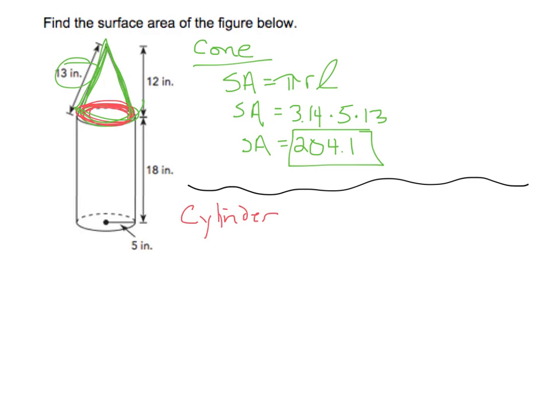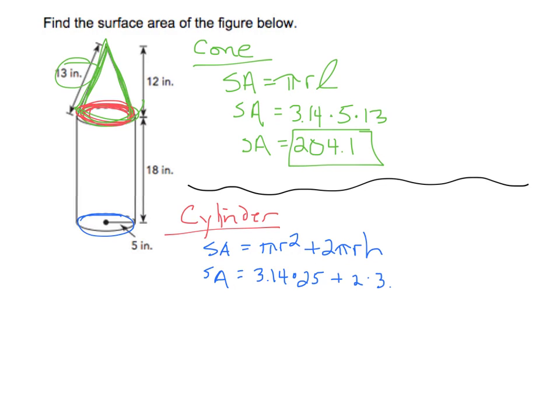Now, as far as the cylinder goes, let me write cylinder. We want to first, once again, talk about what's being shown. The bottom base is being shown, but not the top circle. So we need the area of this bottom base, which is pi r squared, plus the label, if this were a soup can. That's 2 pi r h. So that would be 3.14 times the radius squared. The radius is 5, so 5 times 5 is 25. Then we'll do 2 times 3.14 times the radius, which is 5, times the height of just the cylinder portion,